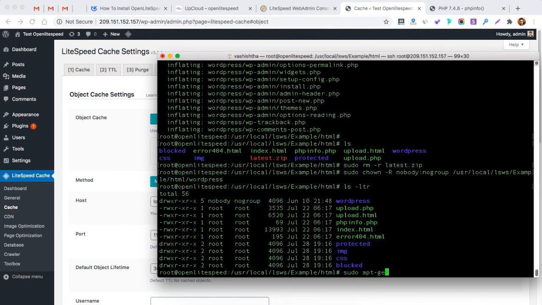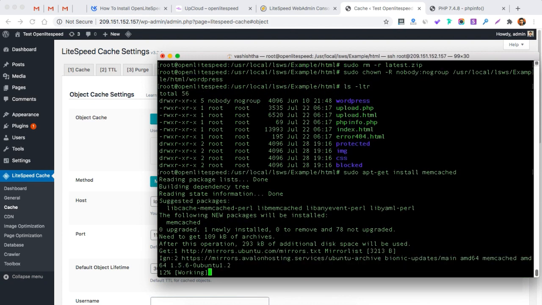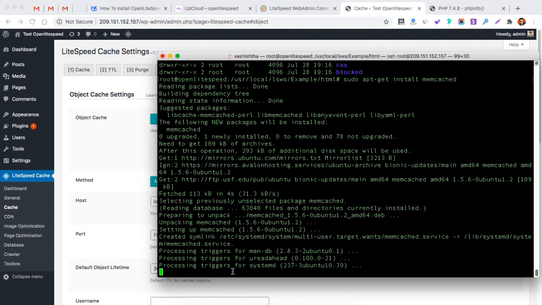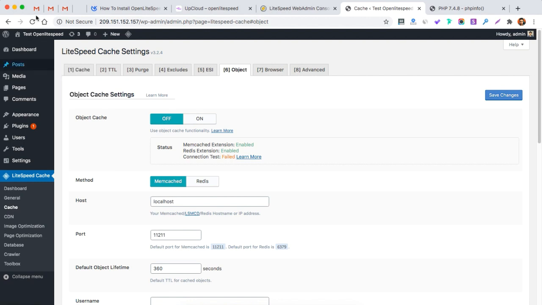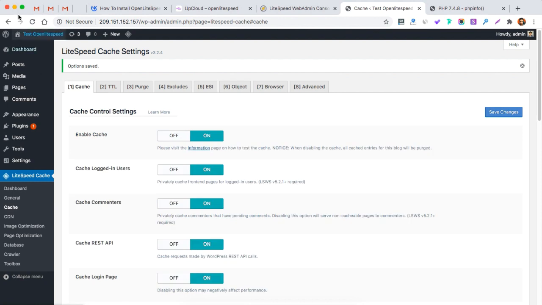So I'll just go ahead and install memcached here. Once it's done, the connection test would be passed. Okay, I'll reload this and show you the connection test is passed. Great. So now you can take the full advantage of using LiteSpeed Cache with your preferred method of object caching, whether you want to use memcached or Redis for your website.